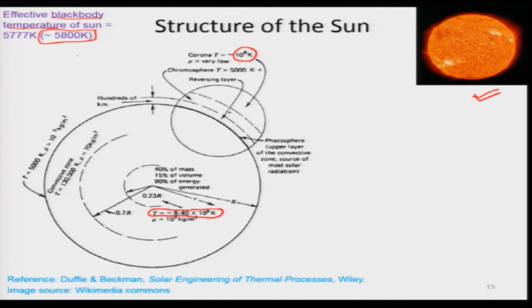So, scientists have figured out this number, that we can effectively say that the sun is about 5800 Kelvin approximately, or even round it off. So, we can say that the sun's black body temperature is effectively 6000 Kelvin. We have to be very careful, because in reality the sun's core temperature is very high,